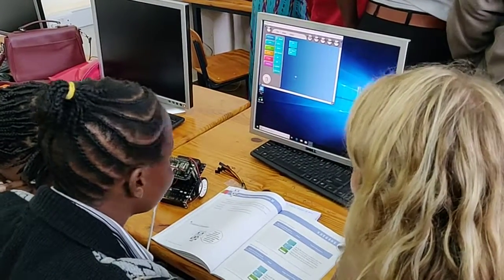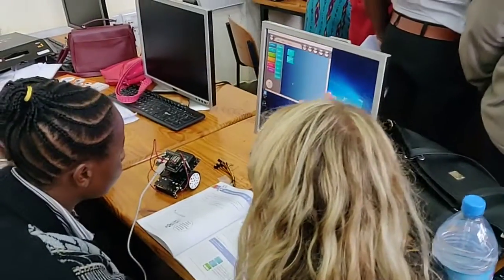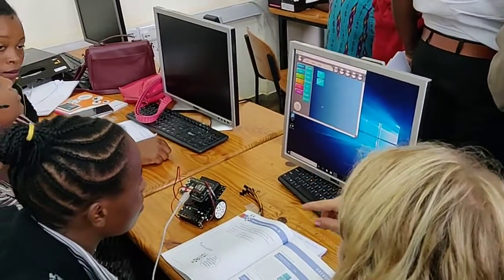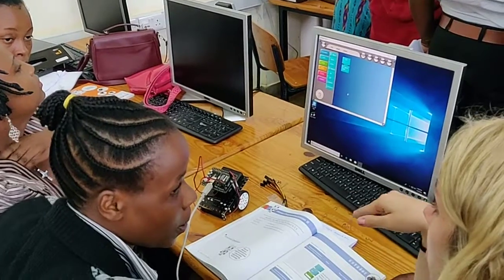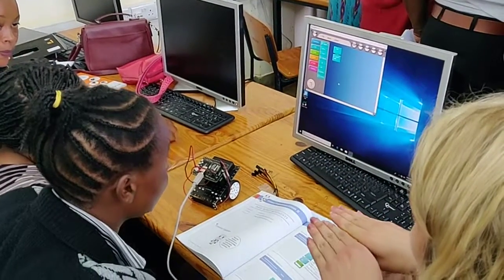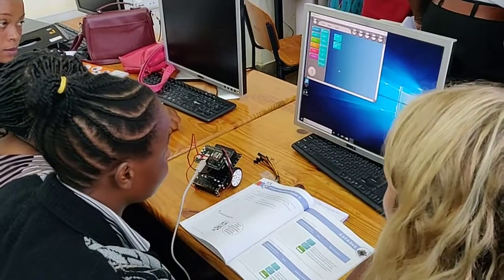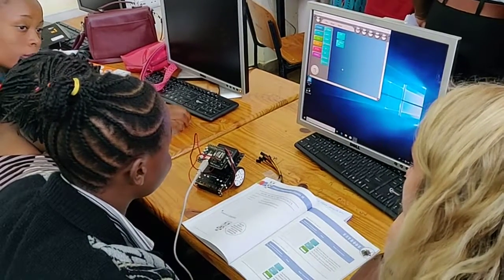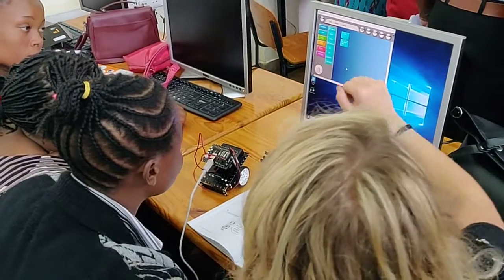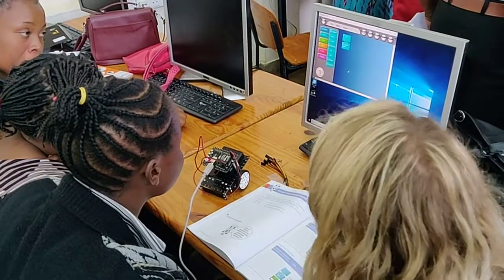Alright, so now we told it to go forward at speed of 4. Now we need to tell it how long you want it to go forward. Do you want it to go forward like this? Do you want it to go like that? How long do you want it to go? And so if we hit delay,